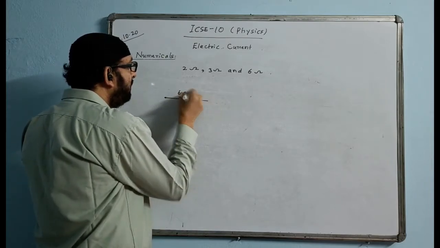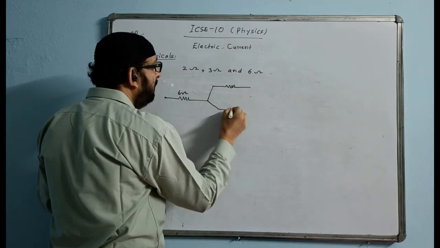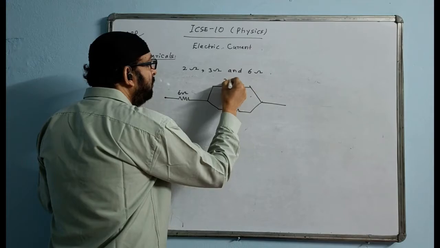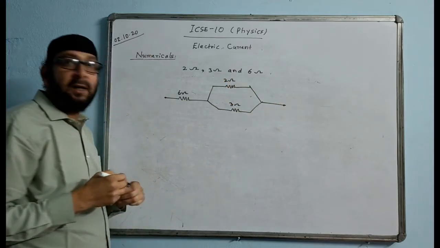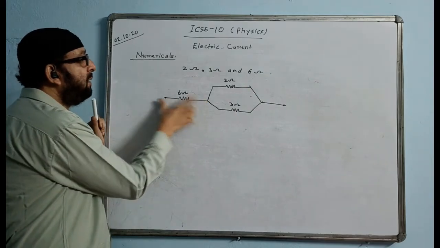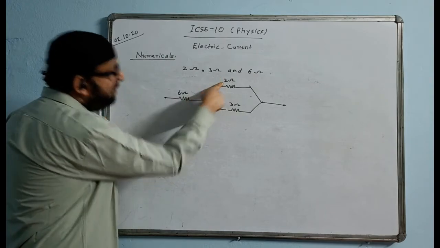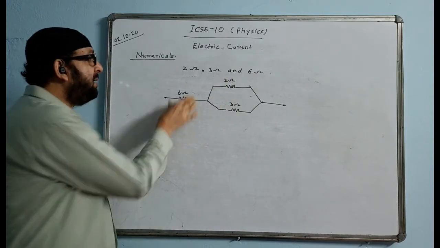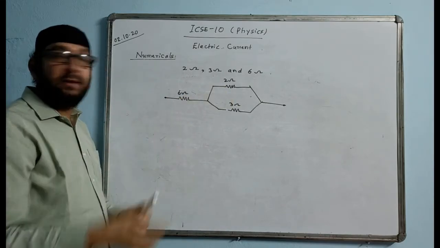This is 6 ohm over here, and put another 2 like this, 1 here, 1 down like this. This is 2 ohm here and 3 ohm here. Then your answer will come between 6 and 8, because 6 is in series, your answer will come more than 6. But out here the answer will come less than the least, which is 2. So your answer will come anything but less than 2. When you add 6 plus anything less than 2, your answer will be between 6 and 8, definitely.